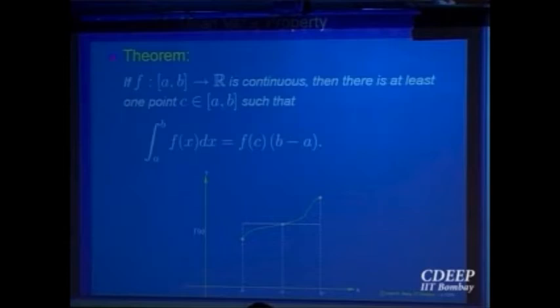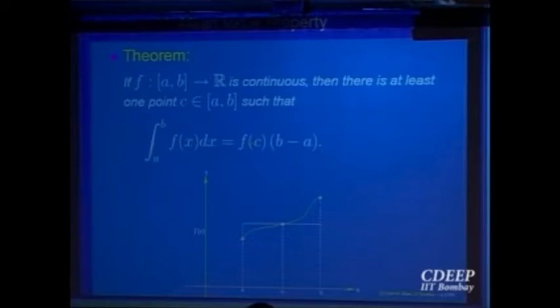Here, once again, there is an existence theorem which says that the integral from a to b of f(x) dx, for a continuous function f, is equal to the area of a rectangle with height at some point c in between. And the proof is quite simple. Let me divide by b minus a. Let me write it as 1 over (b minus a) times the integral from a to b of f(x) dx, and I want to say it is equal to the value of the function at some point. I am just rewriting the claim which I want to prove.